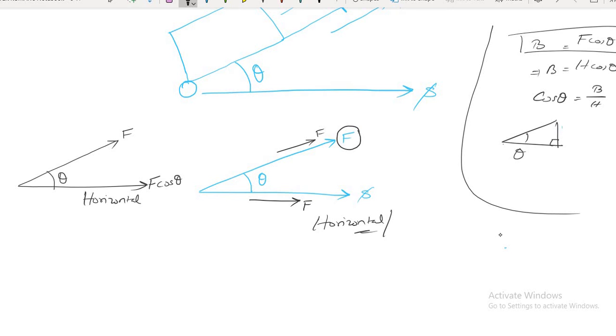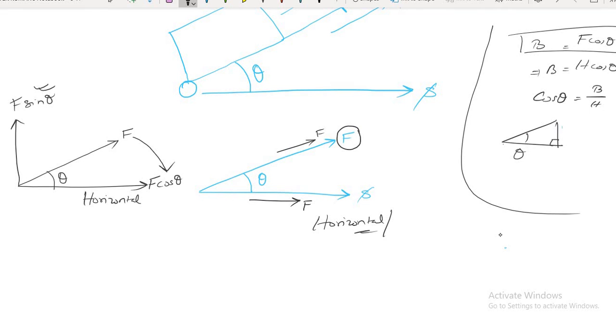So remember that the force along the horizontal direction will be F cos theta and the force along the vertical direction will be F sin theta. How has that come? In the same way, use the formula of sin theta and find the perpendicular, so F sin theta will come. So what we are trying to do is shift the force along the horizontal direction. Now refer to the diagram I have drawn in blue, where F is the force. We have to shift the force along the horizontal direction, that is, along the direction of displacement.